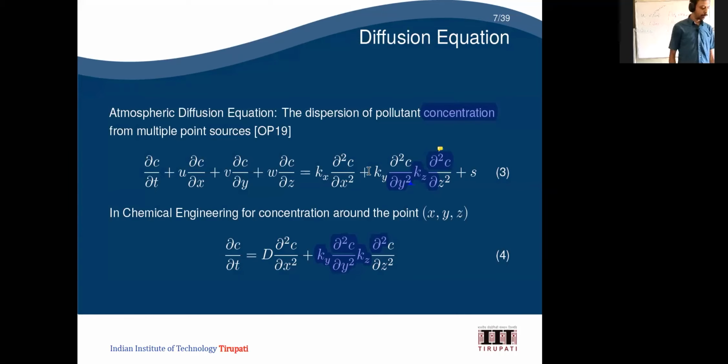Okay. Similarly, in the atmospheric equation, for example, you can take the corona spread case. Like this is a pollutant. So you have some kind of pollution appearing somewhere. Then once the air is flowing, it is going to transport from one place to another place. You have some medium here.